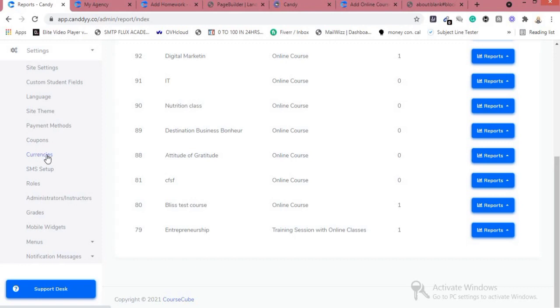You can choose to create a new role. You can choose to delete an existing role. Okay, you can sign up an instructor or an administrator by clicking on this particular option right here. You can select or